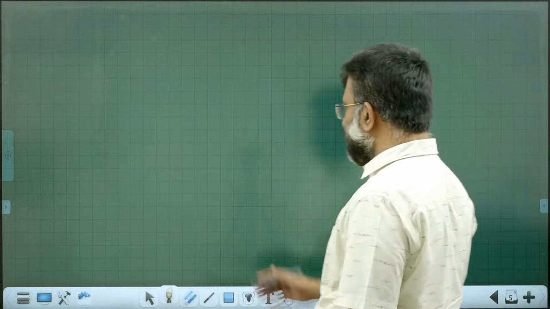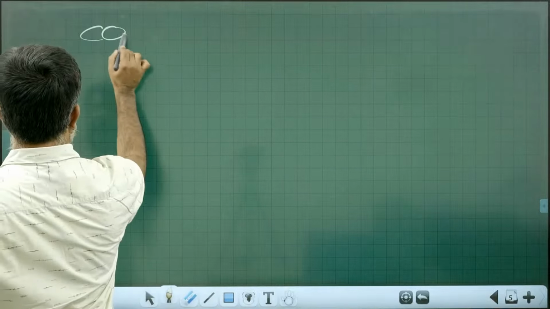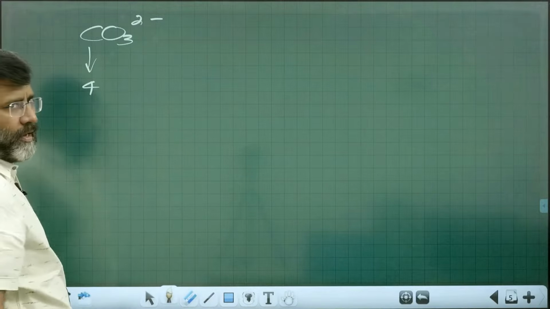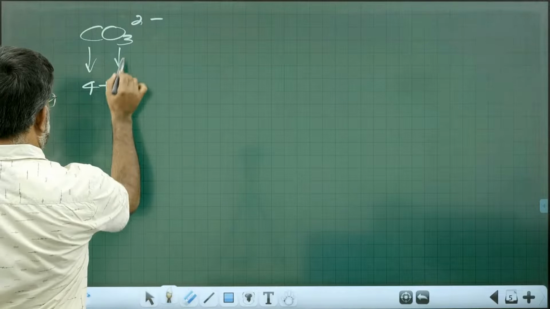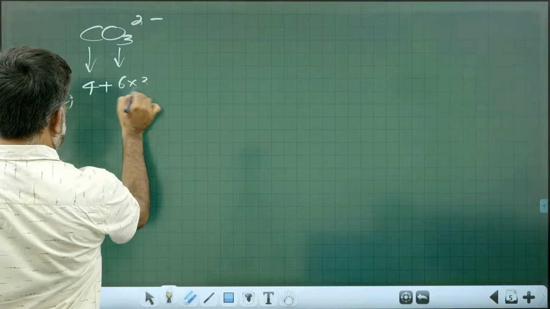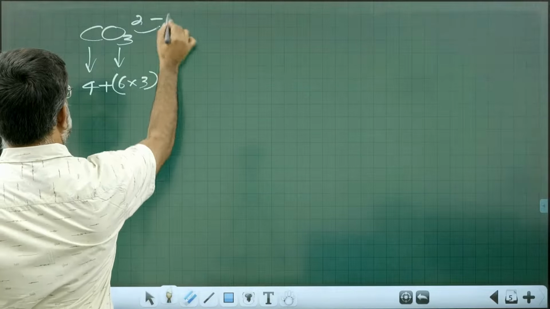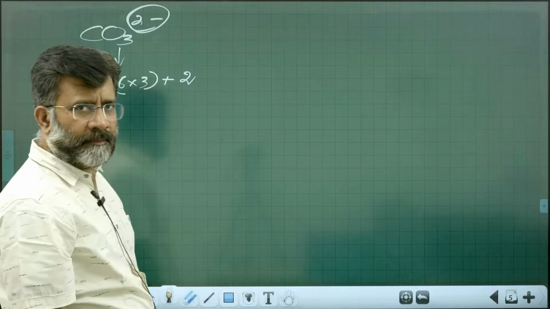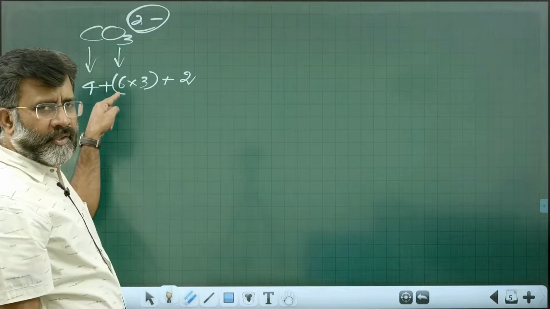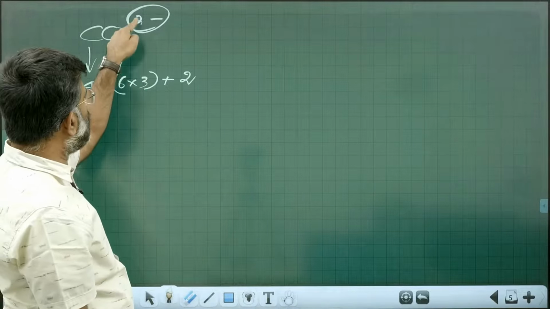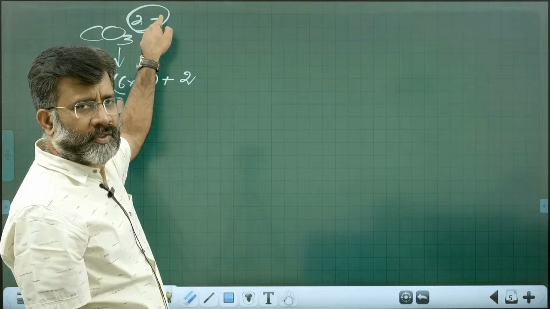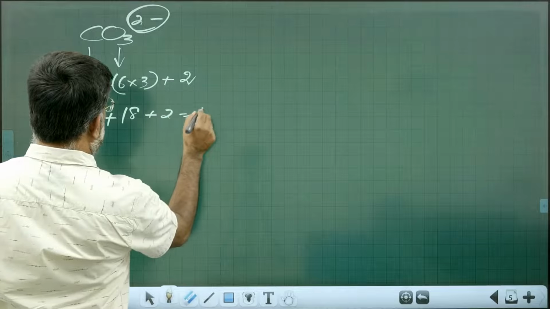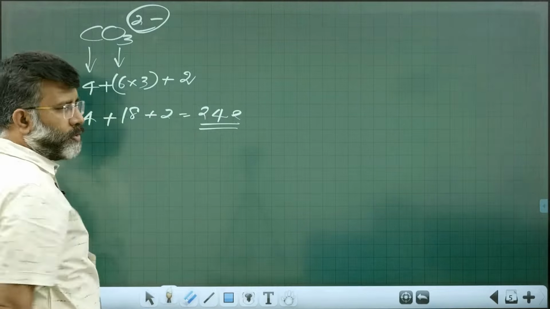For example, if you take some heterogeneous system, say for example CO3 2-, you can see the valence electrons of carbon, 4 valence electrons. Oxygen, there are 6 valence electrons into 3. There are 3 oxygen atoms, and this is of course in the valence area 2 electrons. So 4 valence electrons from carbon, 6 valence electrons each from oxygen into 3, and 2 electrons which are there as the outermost charge available. So it will be 4 plus 18 plus 2, you get 24 electrons,